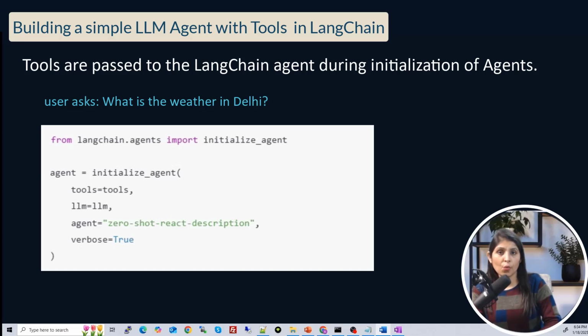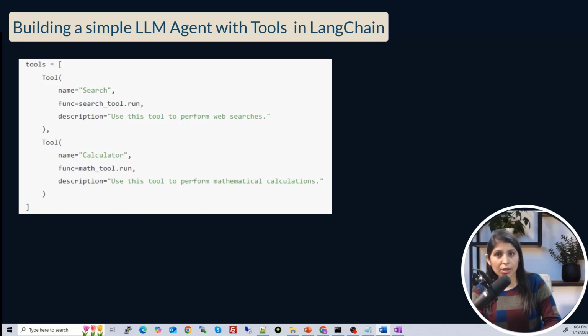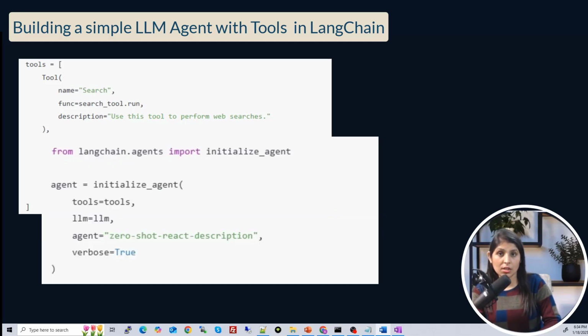Now we have seen what tools are and how we are going to write them. And then we have seen how to initialize the agents, right? Now let's start with the practical implementation. First thing is installing all required packages. So we will first install the LangChain package and LangChain community, because we are going to build the LLM agent using LangChain, and LangChain is a framework. So you need to install this module first.